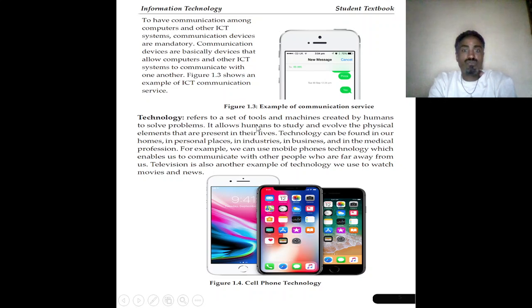Technology refers to a set of tools, machines, and devices created by humans to solve problems. It allows humans to study and evolve. In general, mobile phones are the best example of why we create machines to solve specific problems. Humans innovate to solve problems. In ancient times, people created a variety of devices. For instance, what is the purpose of having a variety of spoons? Spoons each have their own use. A spoon is a tool to eat some type of food. It is just a tool to solve a problem.